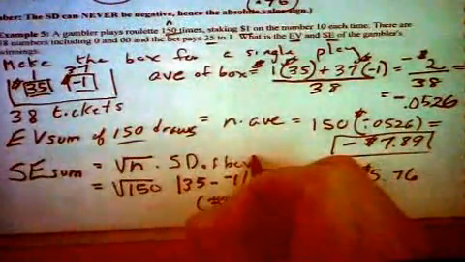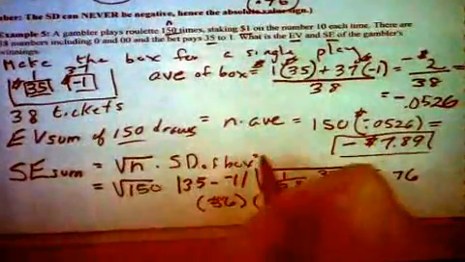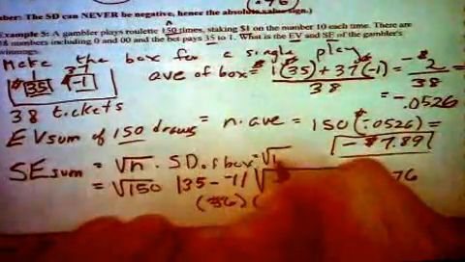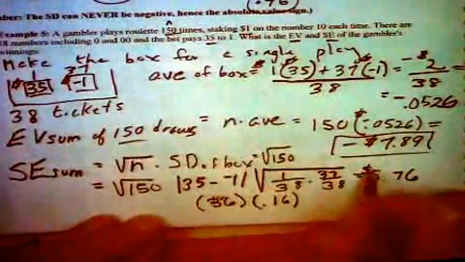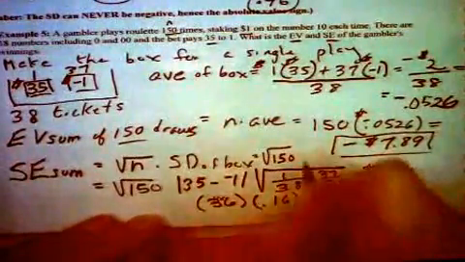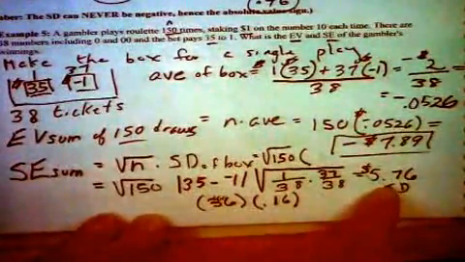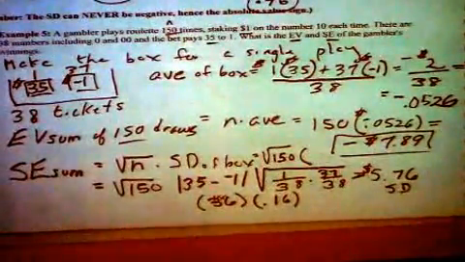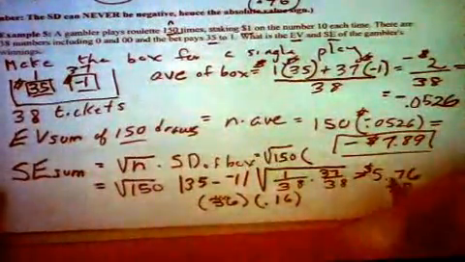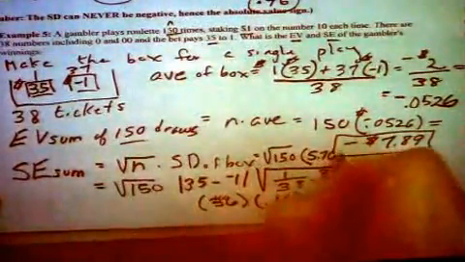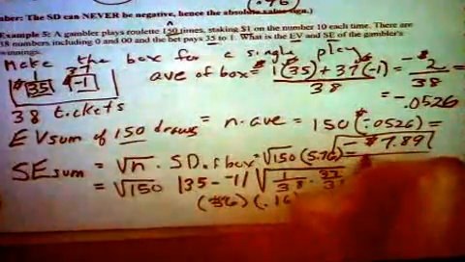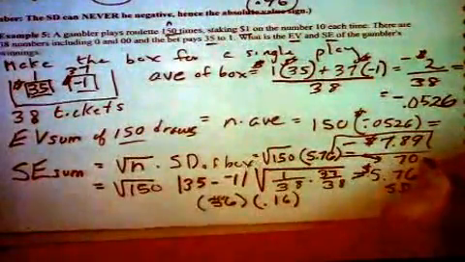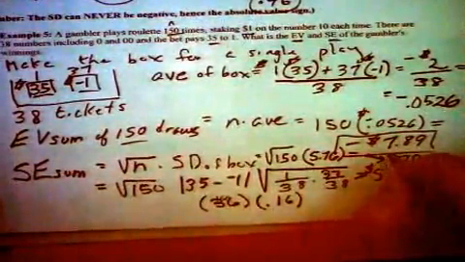So the standard error of the sum is equal to what? The square root of what's n? How many times are we? 150 times this number right here. That's the standard deviation. So times that, which is $5.76. Whoa. Can the standard deviation ever be negative? No. So it's times $5.76. And when we do that, I got $70.58. So that's right there.